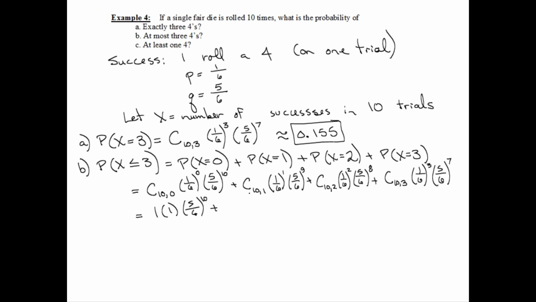What's combination 10, 1? How many ways are there to choose 1 out of a group of 10? 10. So you can just punch in 10 there. And then the others will be exactly what we had before. I'm just pointing that out so that you can be a little more efficient when you're punching things into your calculator. You should get